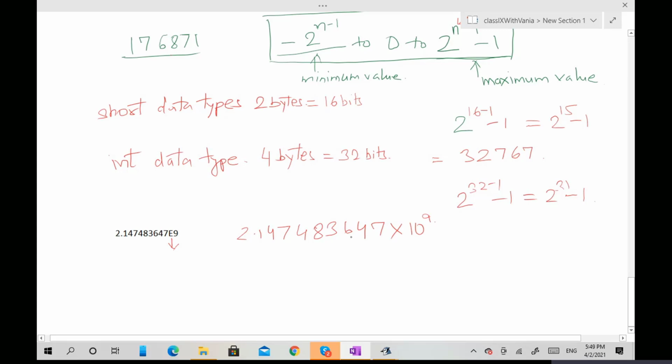That means it is going to be a very big value. So 10 to the power of 9 means 1, 2, 3, 4, 5, 6, 7, 8, 9. If you remove the decimal point, it will be this big value, right?